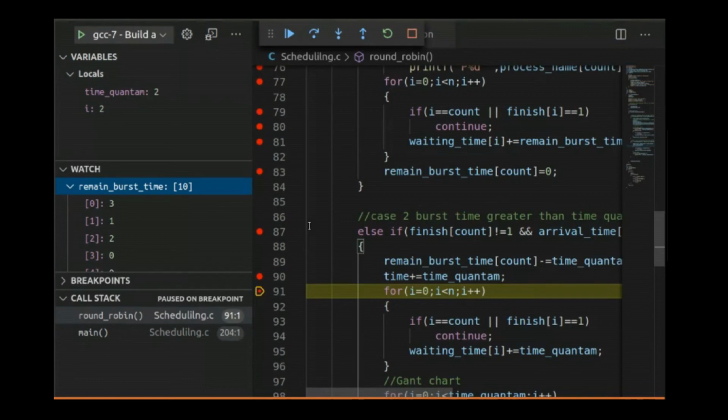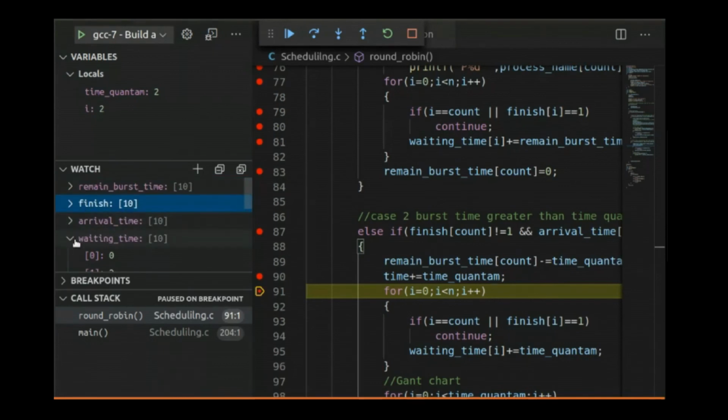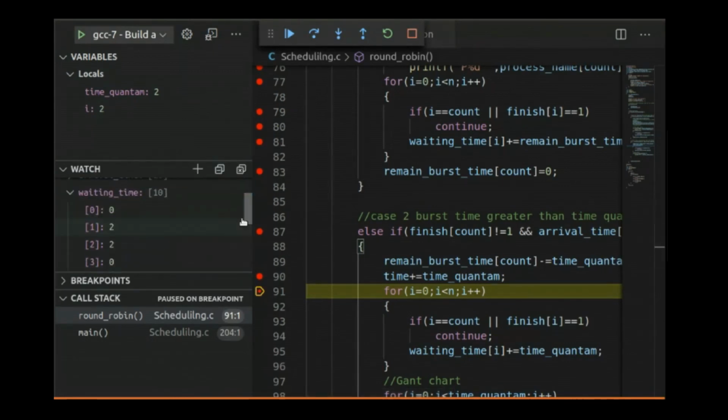Next, whose waiting time should get incremented? Now I expect the answer from you. We are executing process P1. So what should happen to the waiting time array? What values do you expect here? Now these values are 0, 2 and 2. And we are executing process P1.